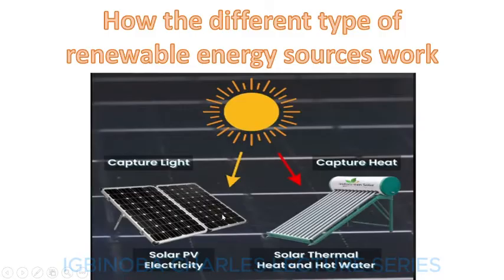So the photovoltaic system, which is the solar panel, captures the energy produced by solar rays within its cells, which is then converted into electricity, or converted into heat by this particular device, while by the solar panel it is converted into electricity. The amount of solar energy that can be used depends largely on some factors. One, the geographical location of the environment. Two, the season of the year. And three, the time of the day.